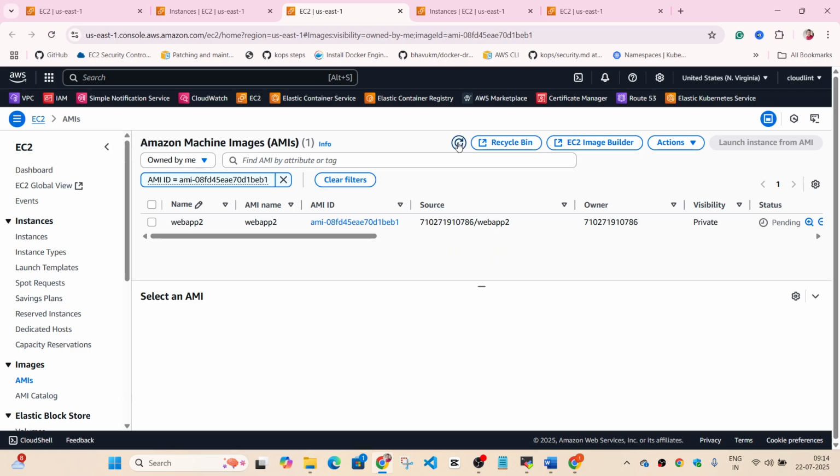It shouldn't take long because I haven't done much, because the steps were already performed yesterday on this instance, since the instance was launched from the AMI that I created yesterday. So I had all the things already, and it saved some time. But for you, it's going to be the first time, so it might take a little longer. We'll just wait for this to become available, and then we can update our launch template with this new AMI.